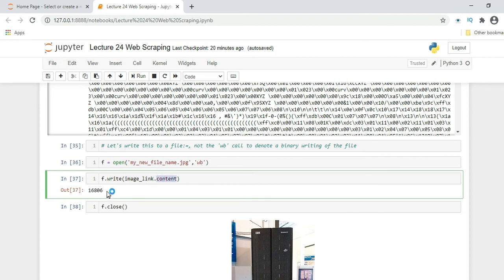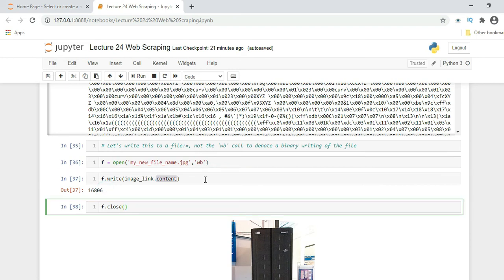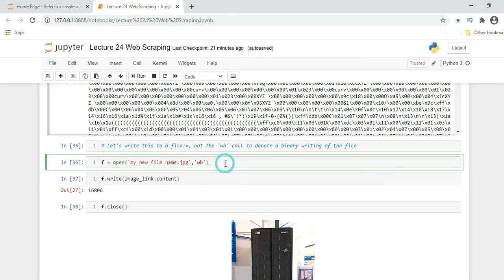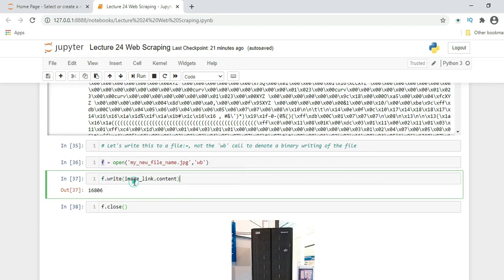So this is the output of that. Now you will close this file. What we did, we opened one file named my_new_file_name in jpg format. If it is not created, it will automatically create it. On that file stored in f, which is a blank jpg file, we call f.write with the image content which we took from the other URL, we wrote that image content into this file, and after that we closed the file.